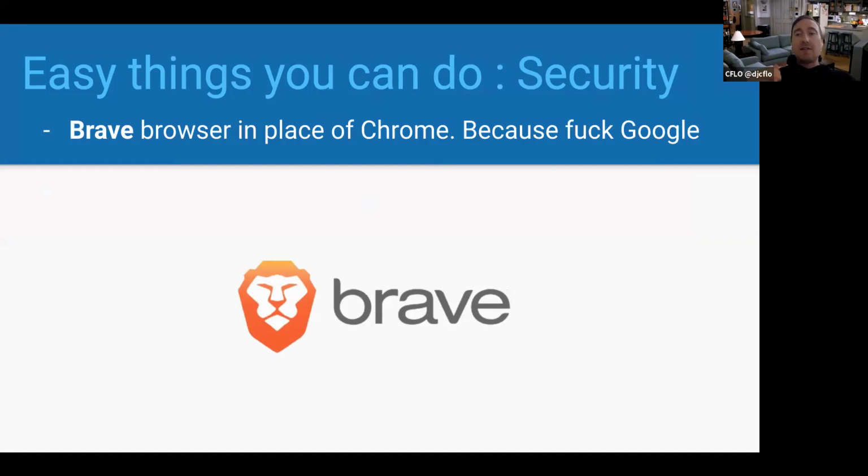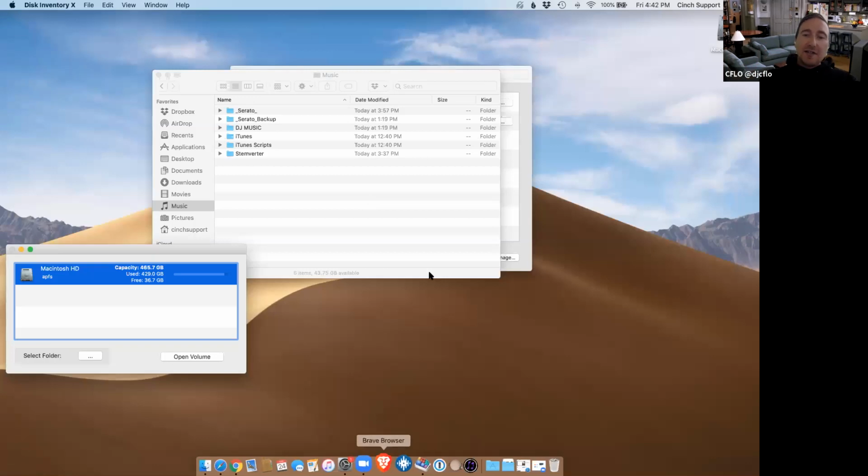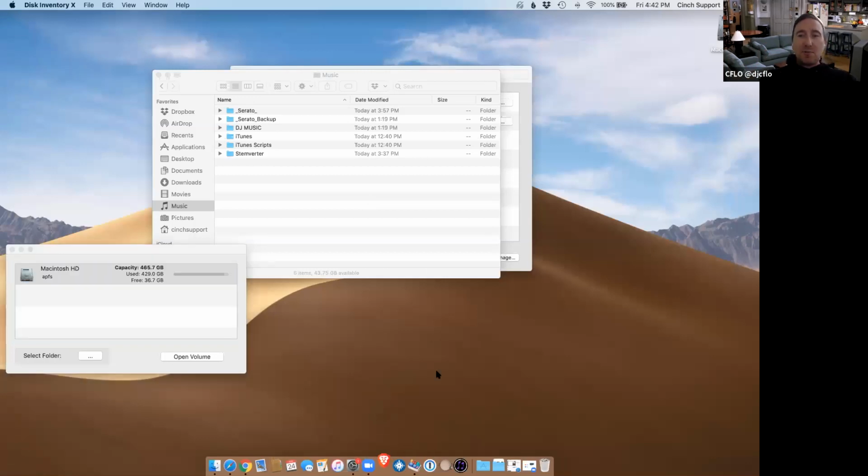And what I mean by that is it functions, as far as I can tell, exactly like Google Chrome, to the point where I can even go to the Chrome store and install Chrome extensions on Brave. But Brave doesn't track your data. They don't sell your data. They have a built-in ad block that functions differently than the ad block.